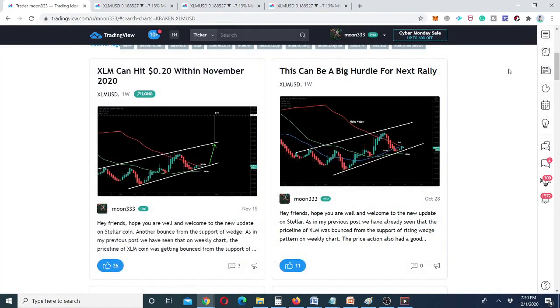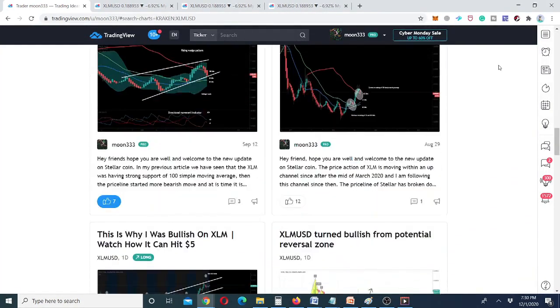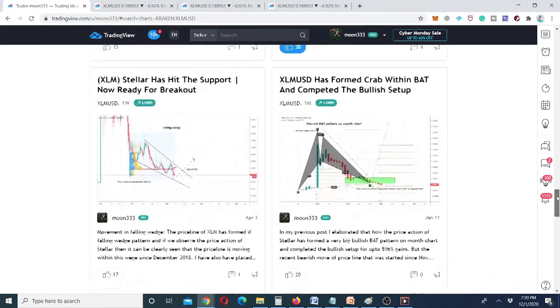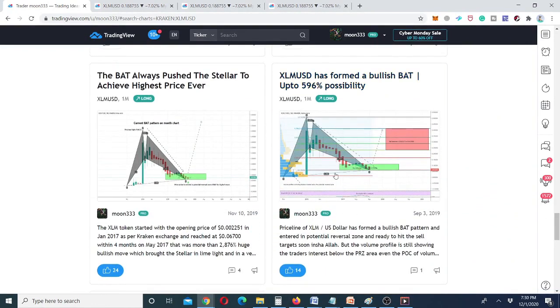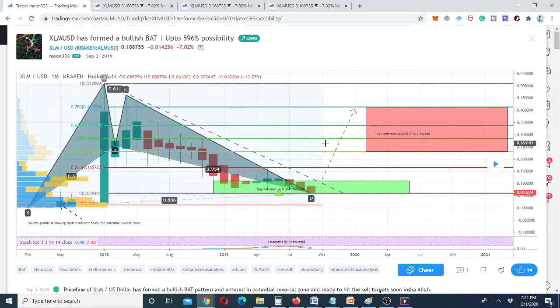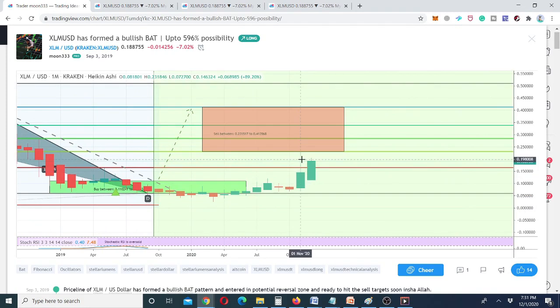But before that, there is a very important move that I want to share with you guys. I've been sharing this move since April 2019, and this was the chart. I even shared it in September 2019, when the price action of Stellar completed this bullish bat pattern. I told you that this can be a repetitive move, like it did back in 2017. This was the potential reversal zone of this bullish bat pattern, and it entered this potential reversal zone. At that time, it was almost at 6 cents, and I told you that it would rally up to this level at least. So after playing this chart, we can see that it has spiked up to this potential reversal zone, and it has produced more than